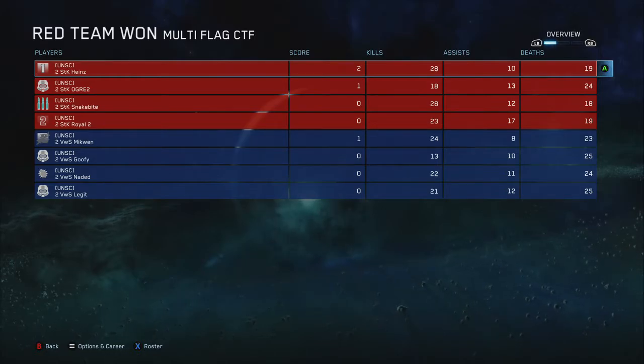Man, Hines played incredible in that matchup. He actually had 2 flag caps, as well as 28 kills, 19 deaths, and 10 assists. On the bottom there, another guy you've got to highlight, Royal 2, 23 kills, 17 assists, and 19 deaths. Just some brilliant stuff out of him, and overall,